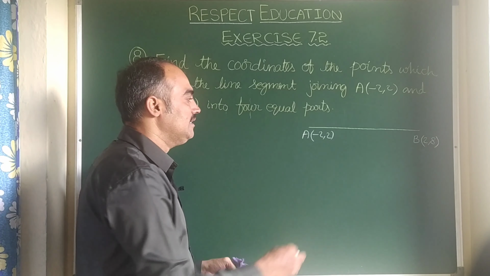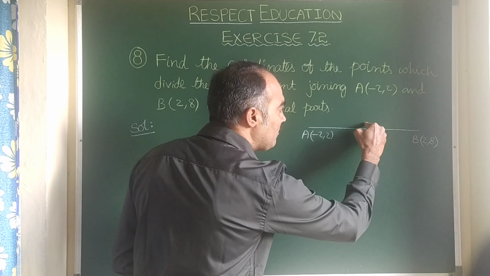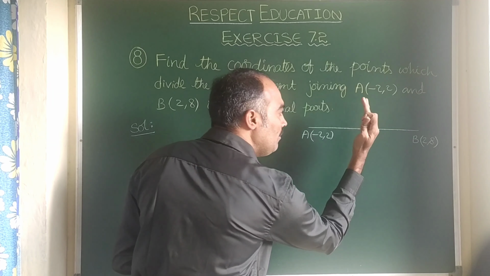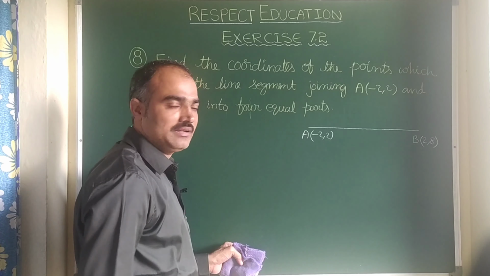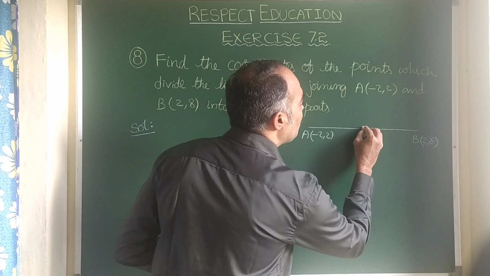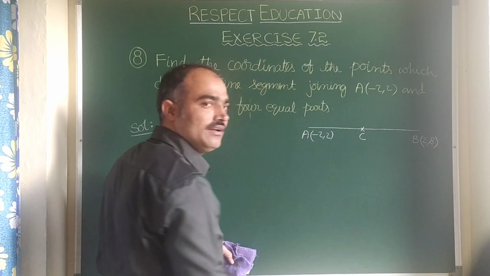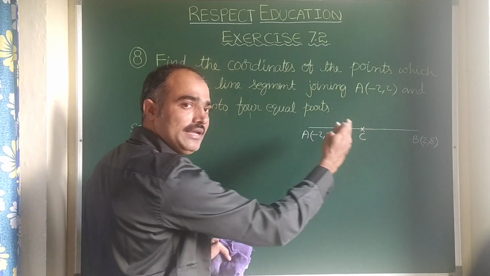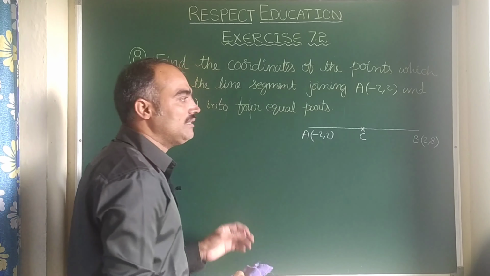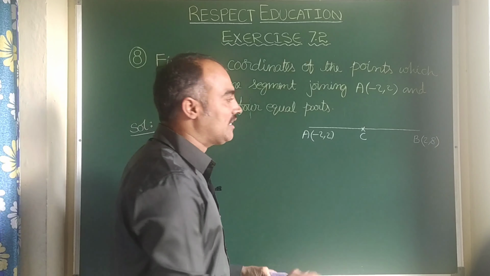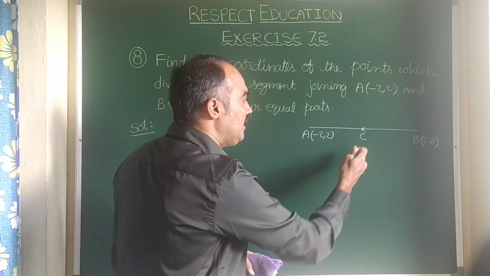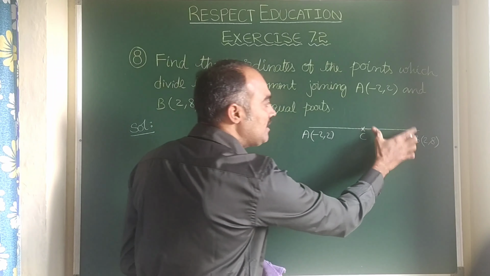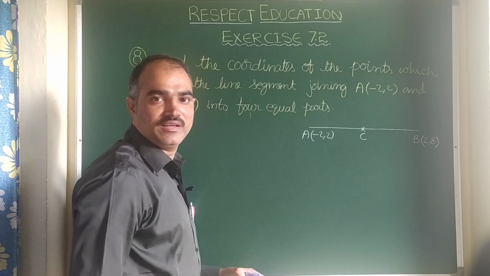Four equal parts in the sense, suppose I make this into 2 equal parts; for making 2 equal parts I have to take 1 point. One point will make this line segment into 2 equal parts. Clear? For example, I am taking this point as C. C divides AB in the ratio 1:1, but that concept will be difficult for you, so I am saying C is the midpoint of AB. Here C cuts AB into 2 equal parts. One part is AC, the other part is CB, and CB can be said as BC also.